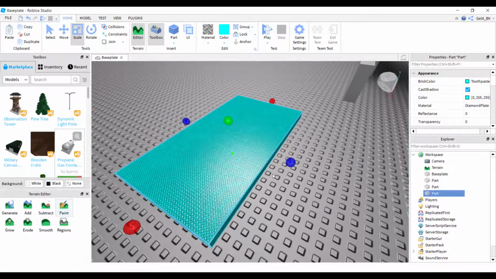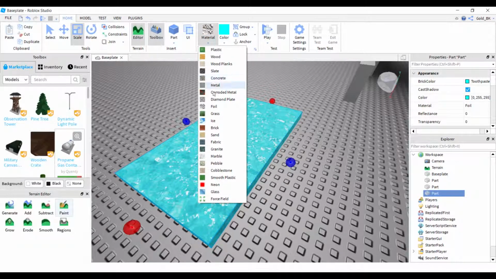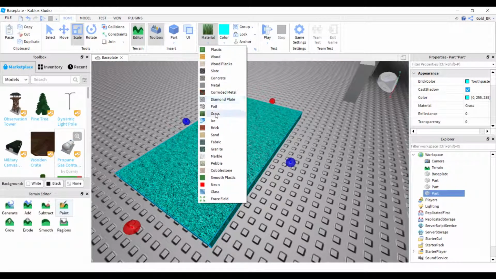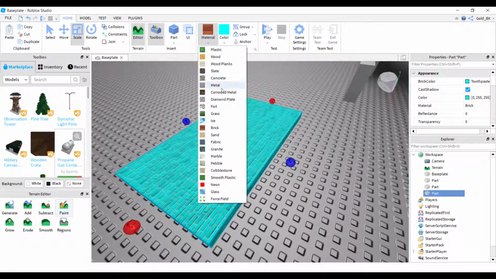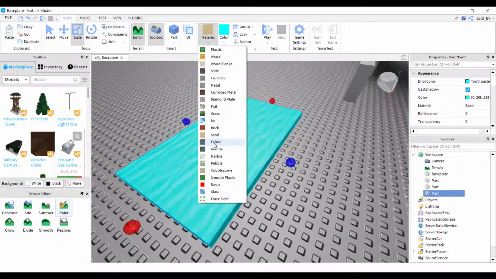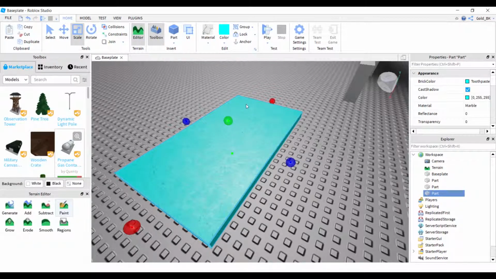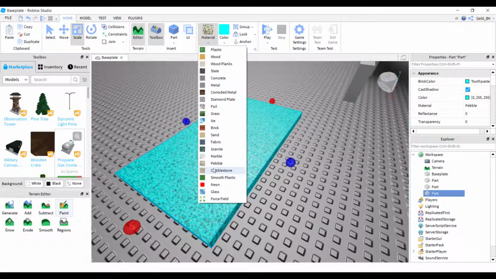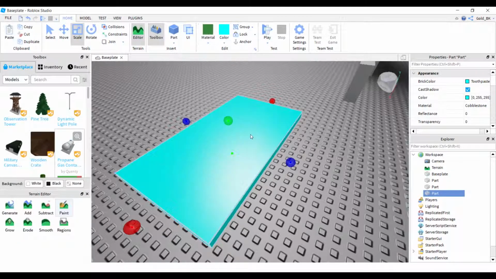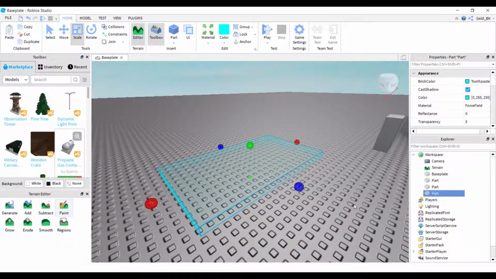You could do diamond plate, which is basically metal, but if you want to see the metal better, foil, and grass, ice, brick, sand, fabric, granite, marble, lots to choose from, pebble, cobblestone, smooth plastic, neon, glass, and force field, which is basically like,